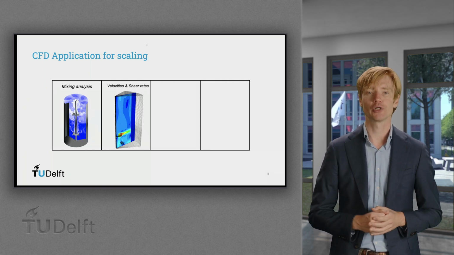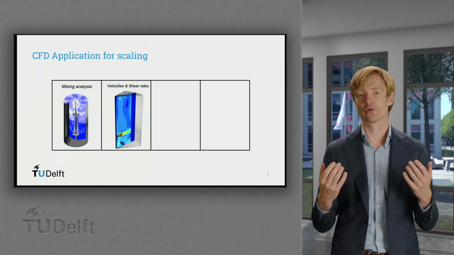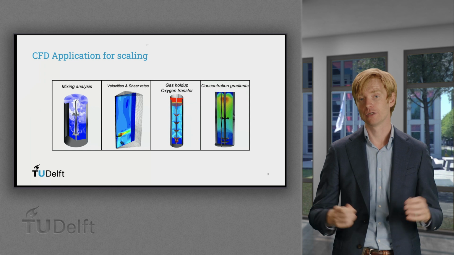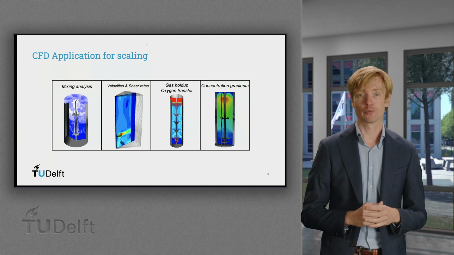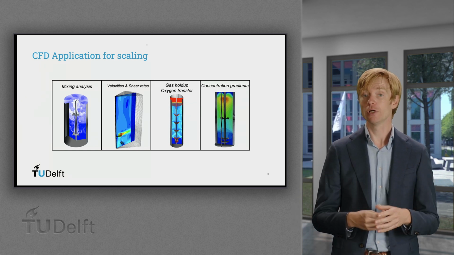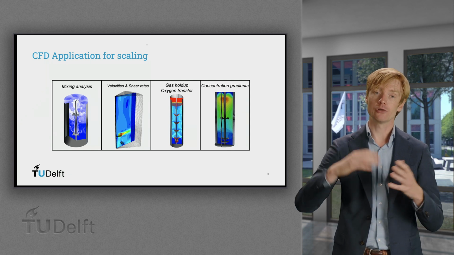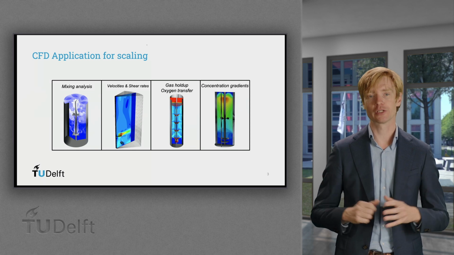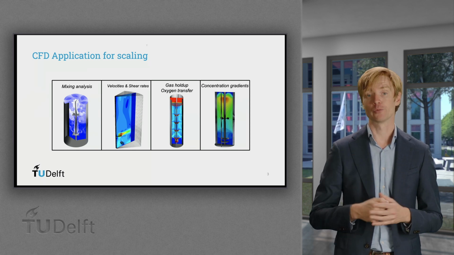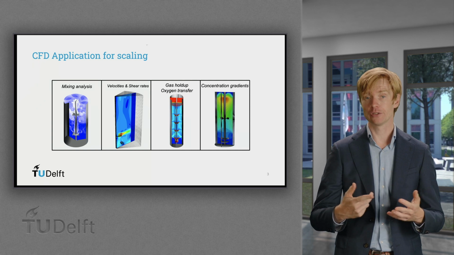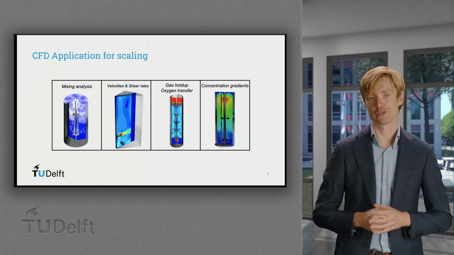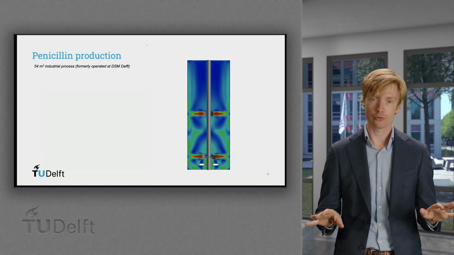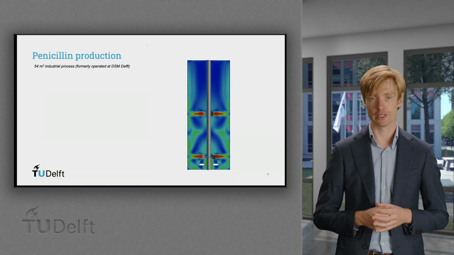But for most microbial applications, we are interested in gradients of dissolved gas concentration and substrate concentration. Today we focus on the production of penicillin as an example, which is sensitive to gradients in glucose concentration. We will analyze this process in two distinct ways. First, from the reactor perspective, and later from the perspective of the microorganism. Although the process is aerated, for now we ignore the airflow to simplify the simulation.